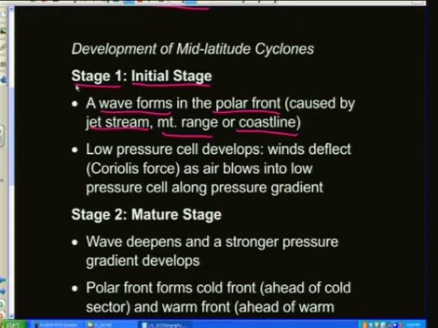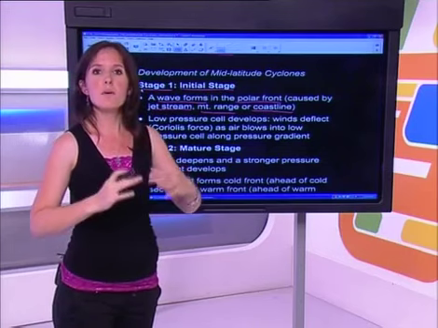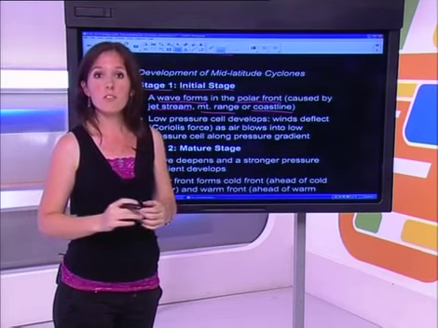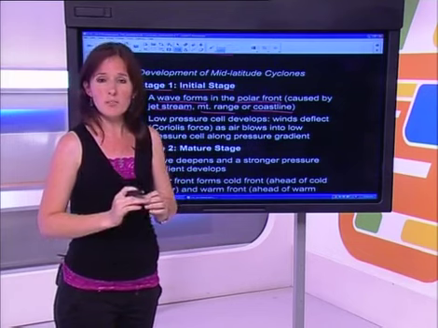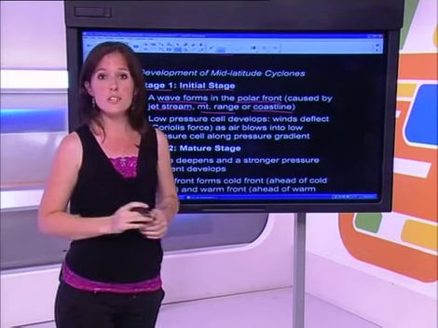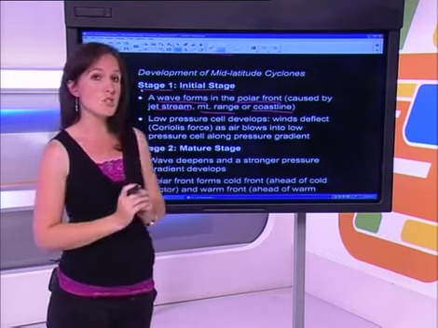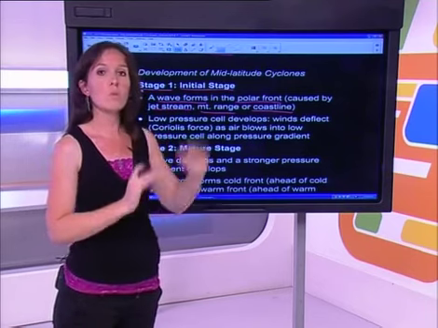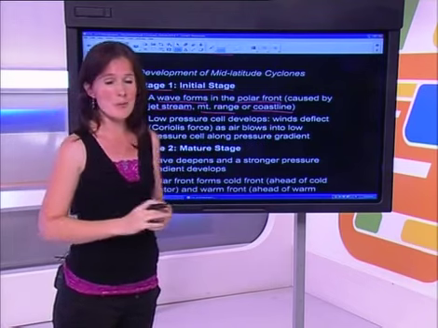A jet stream, remember, we also did that last year, and you need to remember that it's an upper air level wind. It flows very fast from about 300 kilometers or so, and it moves from west to east. It's a permanent part of our circulation. So a wave needs to form first of all. We will show you some diagrams accompanying it to make it make a little more sense to you.